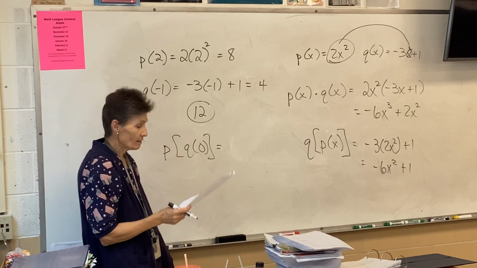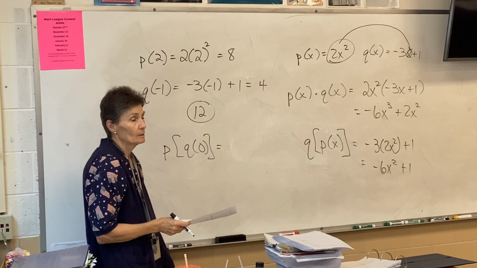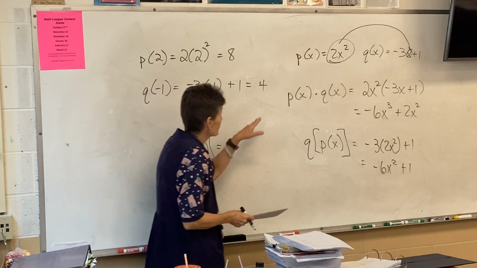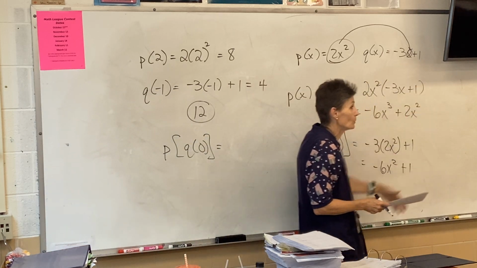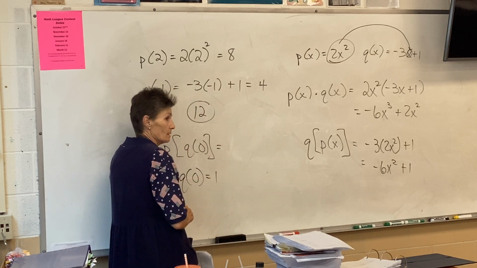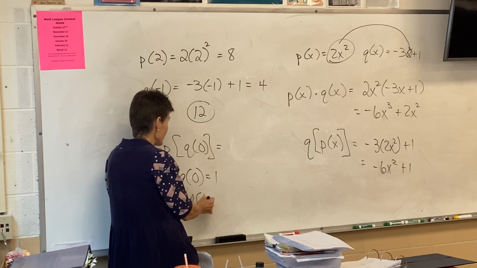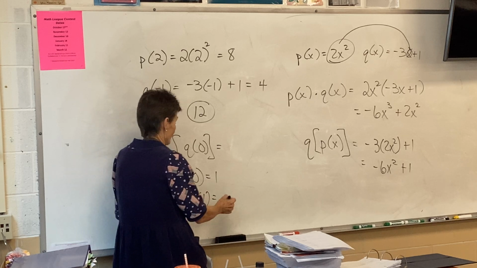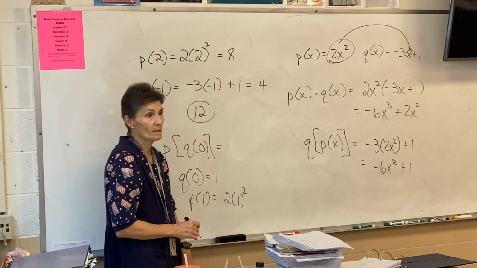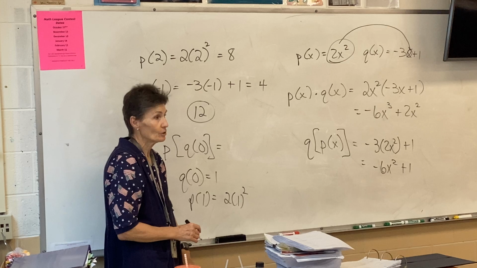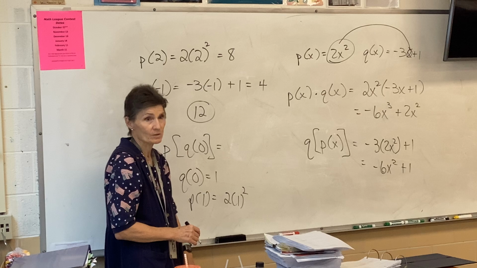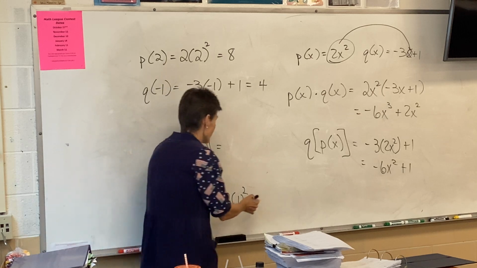All right, P of Q of 0. So where do I start? Q of 0. So if I put 0 into Q, what do I get? Q of 0 is 1. Now I find P of 1, which is 2 times 1 squared, which is 2. We square first. PEMDAS. Exponents first. So that is